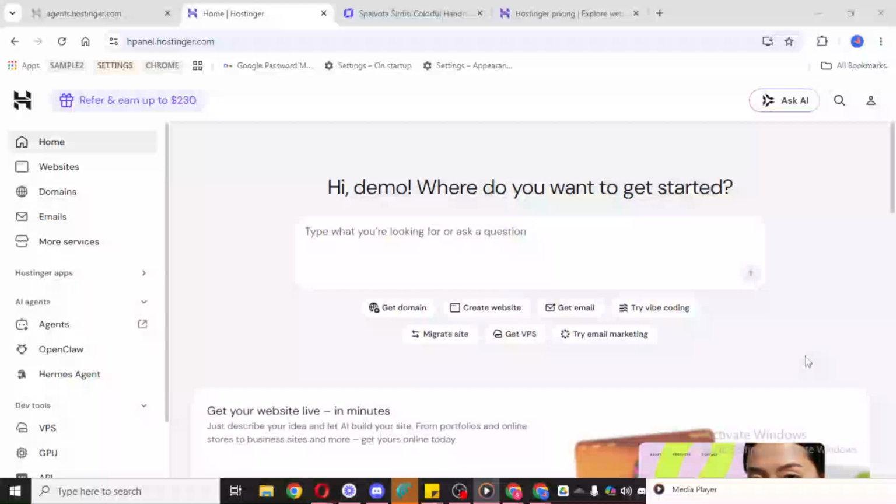In today's video, I'm going to teach you how to delete an account in Hostinger. If you no longer need your Hostinger account and you want to remove it permanently, I'll walk you through the process in a clear and simple way. Before you begin, make sure you're certain about this decision, because deleting an account is usually permanent and may affect access to your hosting services, websites, or saved account information.